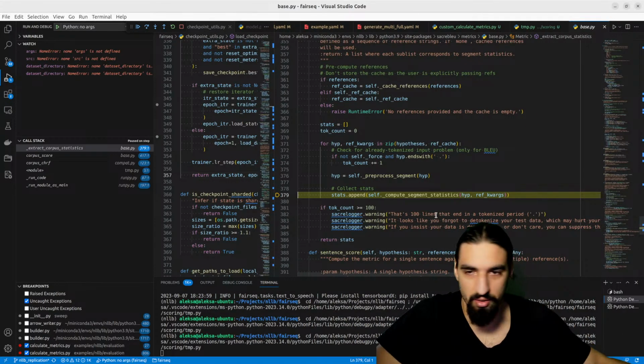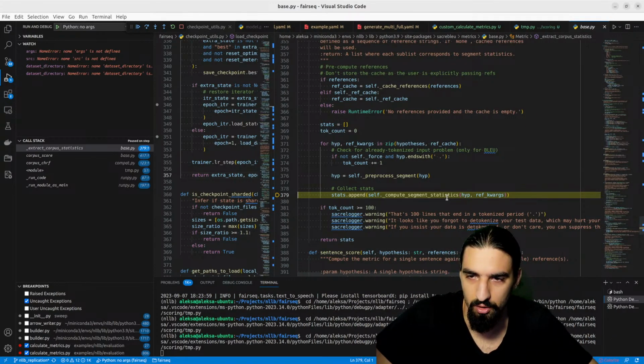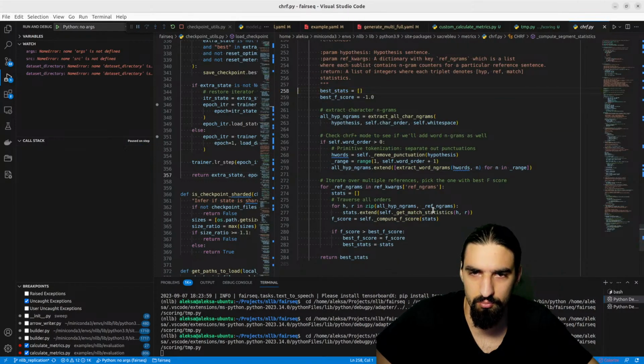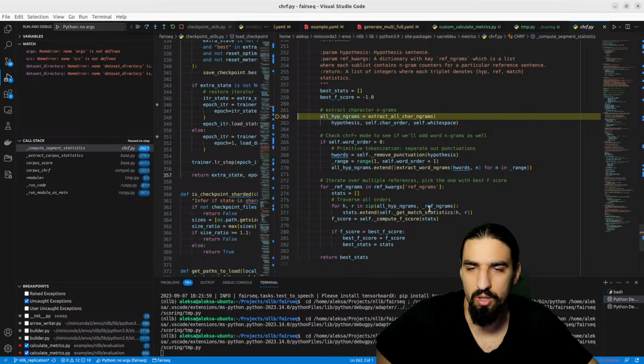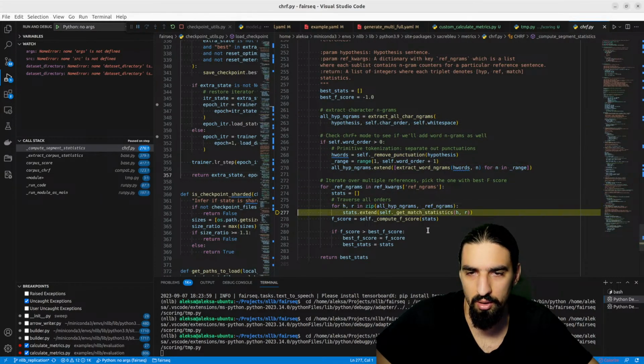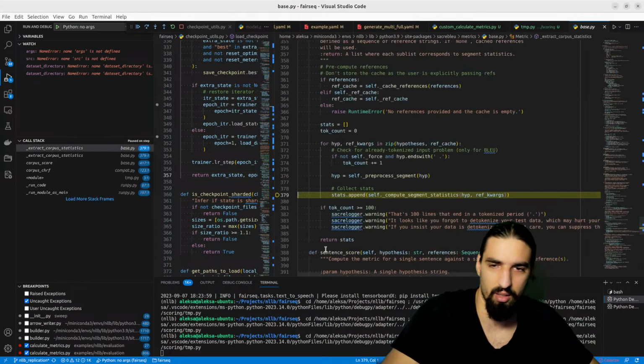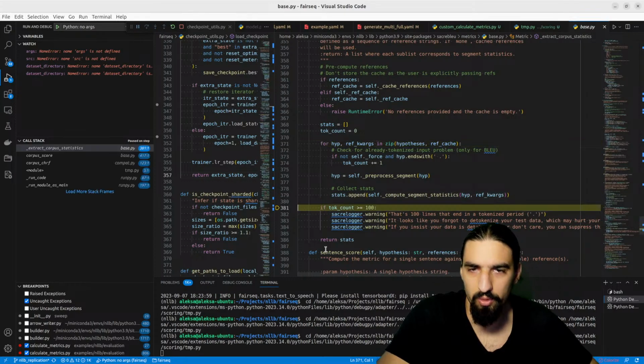Okay, so everything is falling into place. Compute segment statistics. Again, extract all the n-grams. Blah blah blah blah blah blah. I don't care about the actual details of how this exactly works even. Exit here. What I care about is